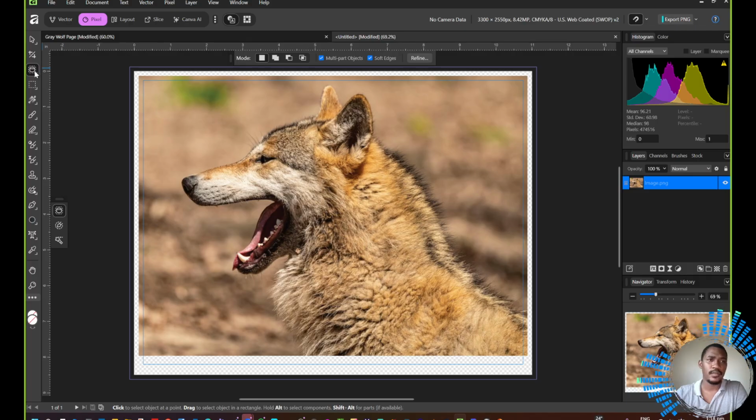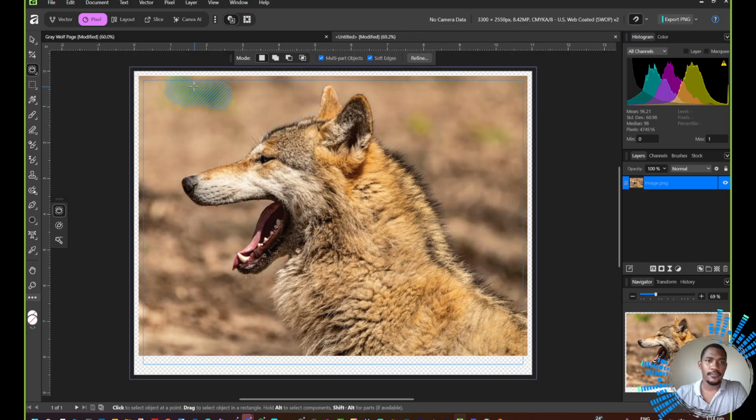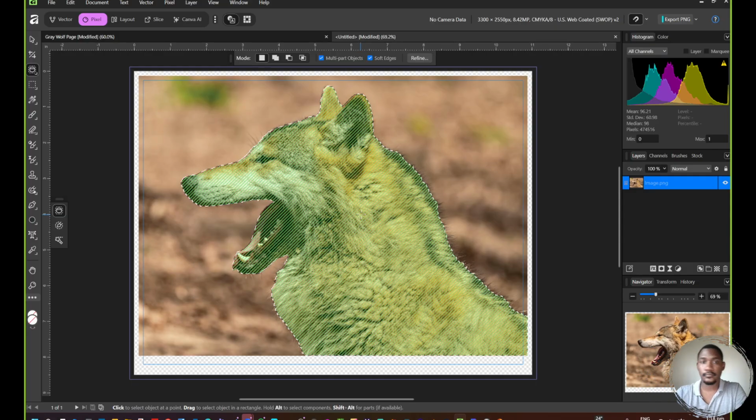So don't be afraid to download that one. When you hover over any area, it will detect what to select, and all you do is just click. And it will select your subject for you. Once that's done,